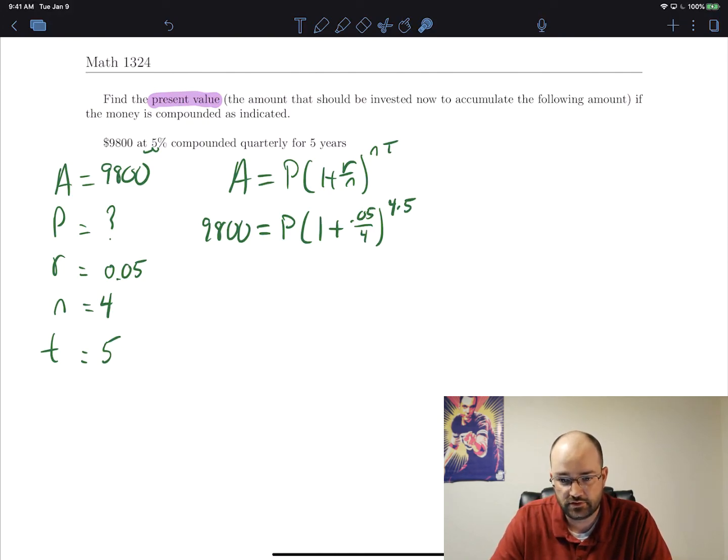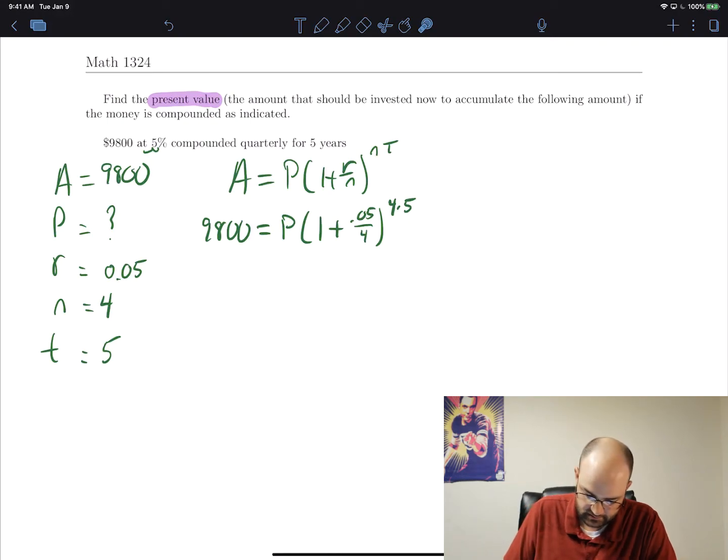In fact, that's what I'm going to do on the calculator. I'm just typing it in, so I'm not going to show you. So 1 plus 0.05 over 4, all to the 4 times 5, aka 20. Whenever I type that in, so we have 9,800 equals P times, and then